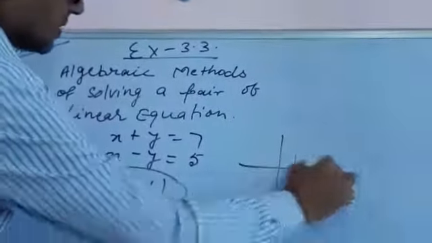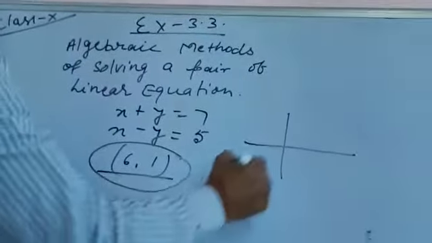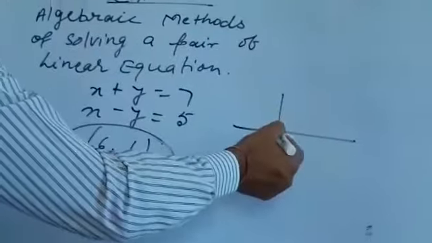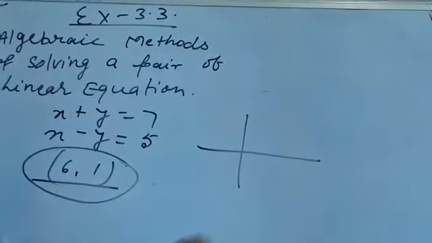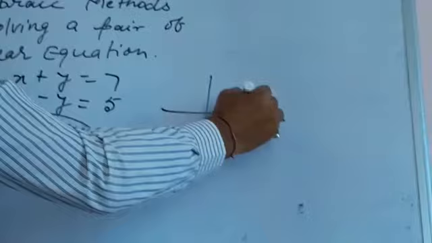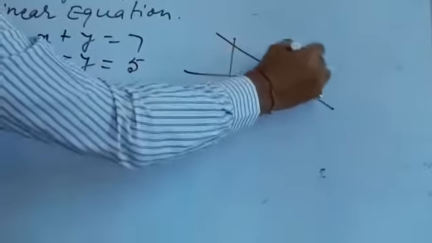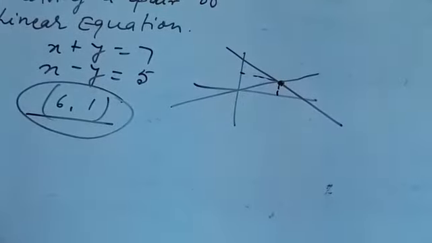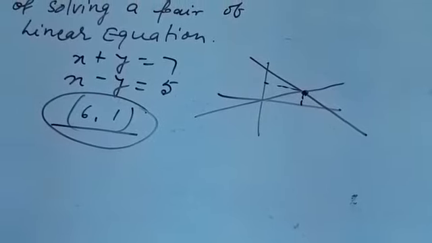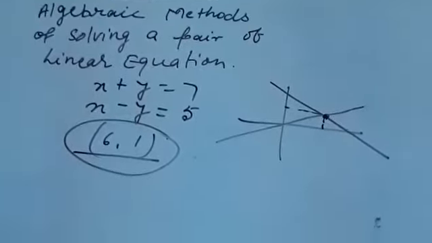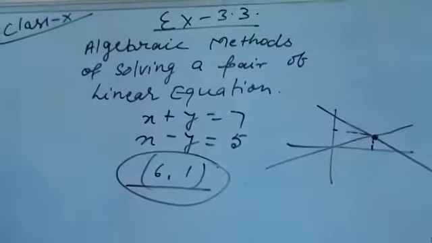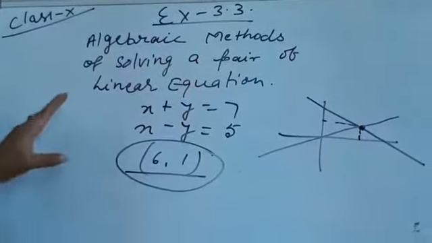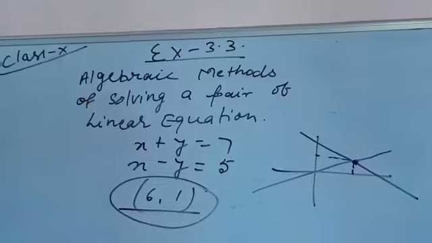Suppose I am making this graph, and the two lines meet at 6, 1; that would be the solution of the equations. But if the solution comes out like 1 by 13, 2 by 13, or root 2, root 3, then the graphical solution will not help you much for the given equations. So that's why